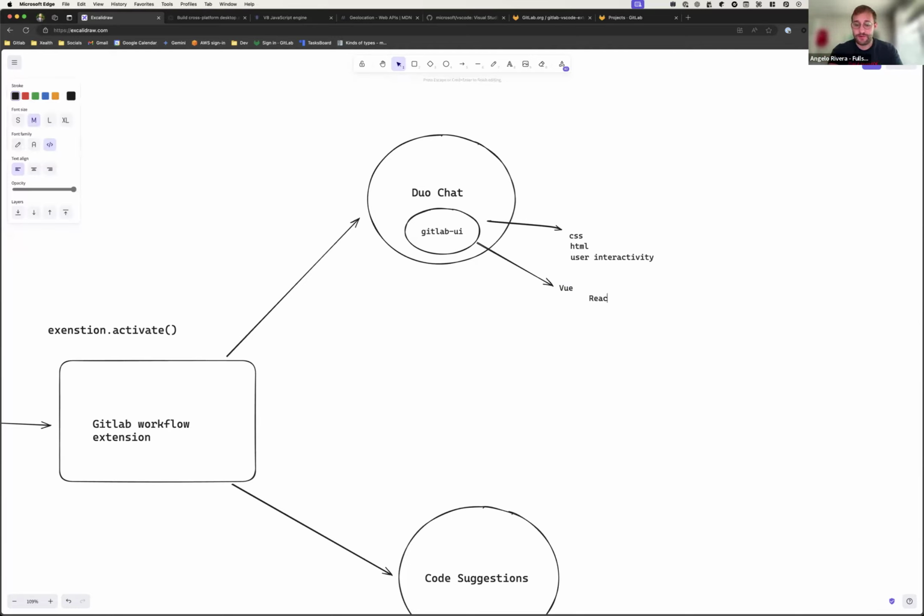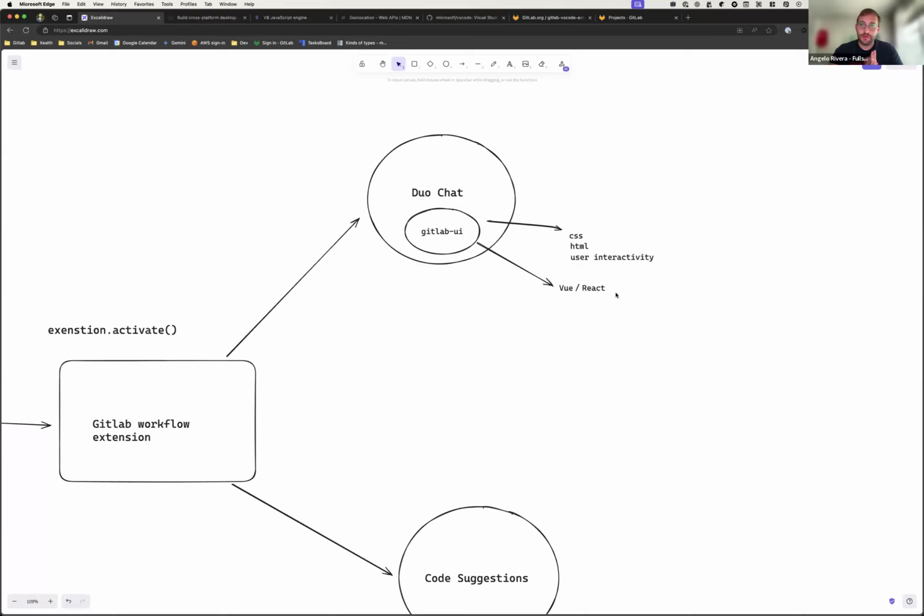They're not the same thing, so it's an important distinction. But they're both front-end technologies that allow for user interactivity, basically. So it's built in this technology called Vue. But at the end of the day, it's just a fancy way of letting the user interact with the UI,